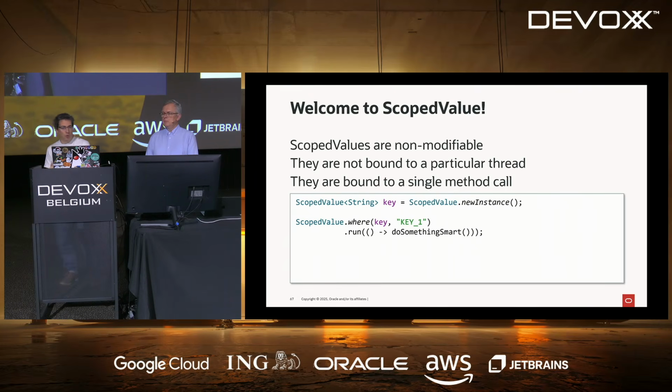And then when you want to use it, you have two methods. The first one will define what is the value for the scope value. So here, the scope value key has the value key underscore 1. And this value will be available for the method do something smart and all the methods that are called from do something smart.